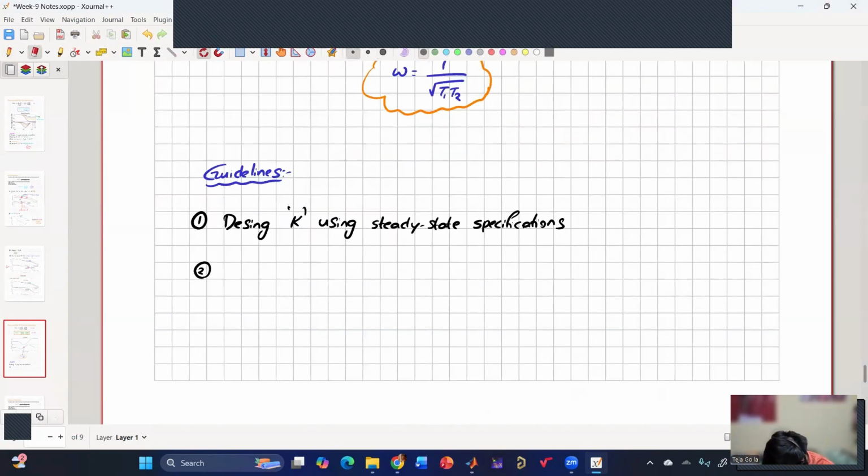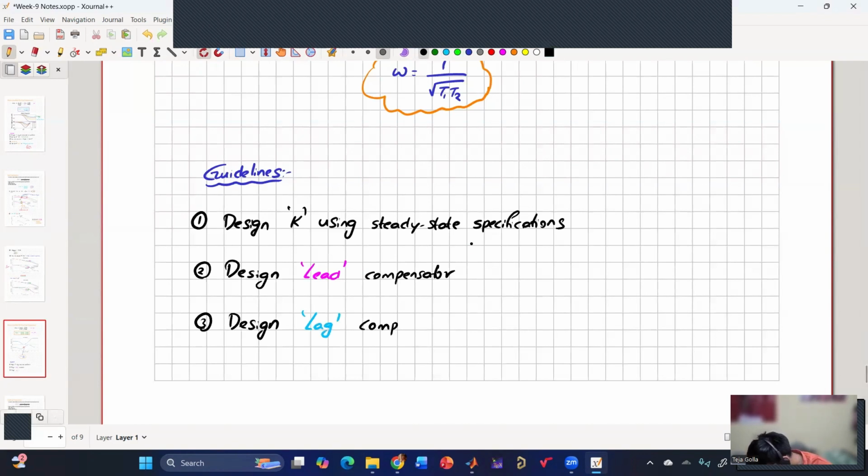So design lead compensator, then design lag compensator. Okay. So once we design, then check the Bode plot of GC into G,